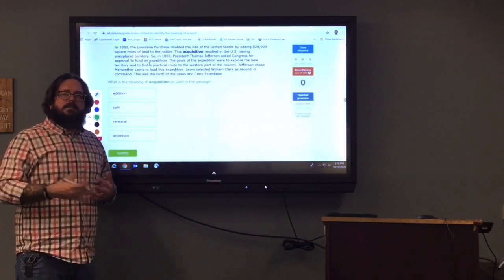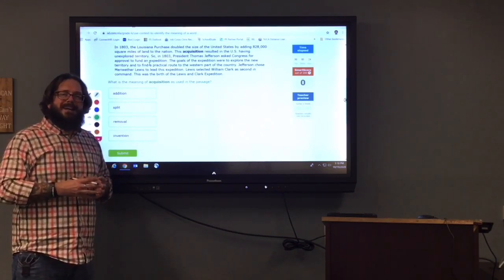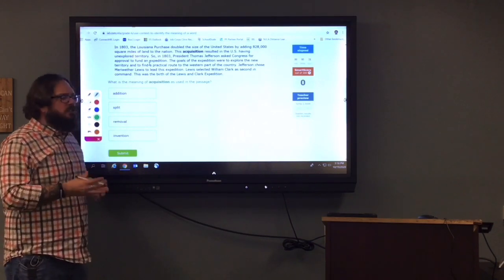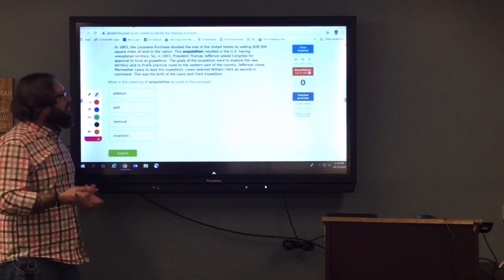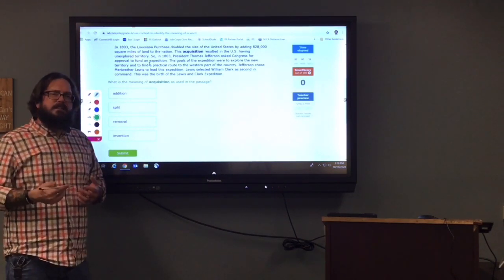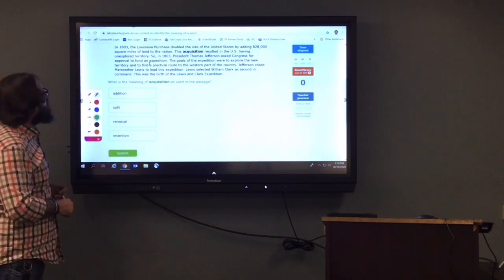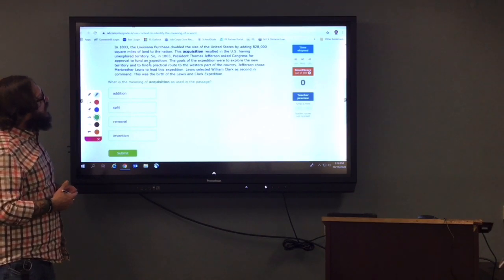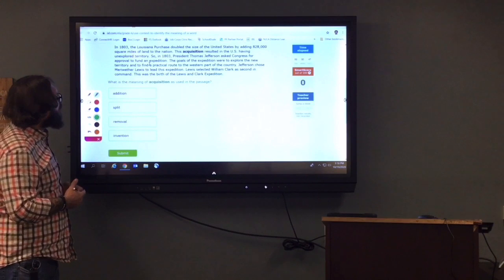Before we close out this lesson, let's look at a couple more examples and see if we can identify the meaning of the bolded word based on the context in which it's used in the passage. So as we read, let's see if we can identify some of the clues that tell us what the word means. In 1803, the Louisiana Purchase doubled the size of the United States by adding 828,000 square miles of land